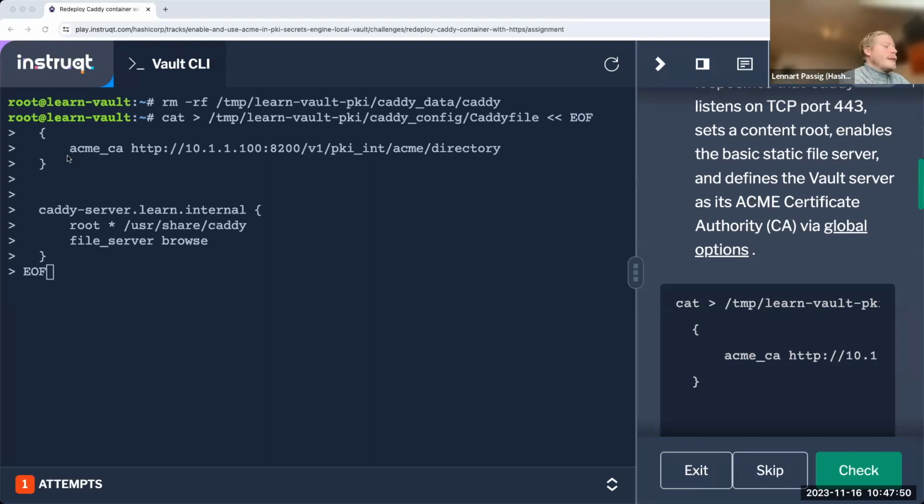And then here we are defining ACME CA to be our Vault local address, right? And this is the directory, right? Everything starts with a GET towards this specifically or this specific directory, right? In order to get the other addresses that are built from this main address, let me put it like this, right?